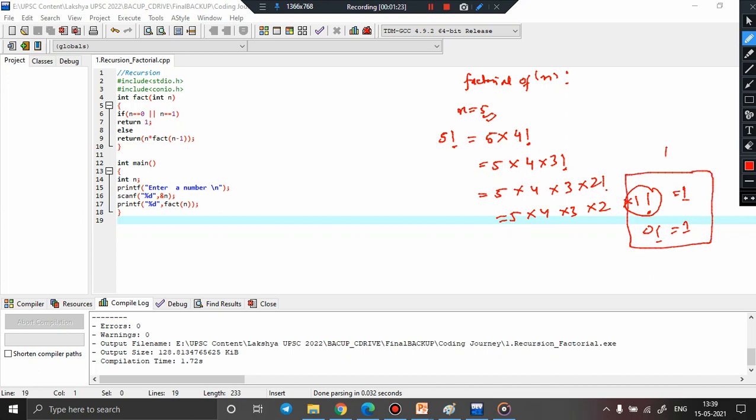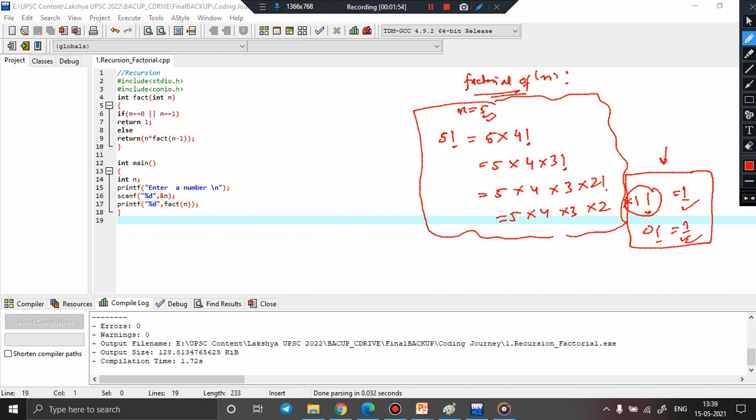This will help to prevent the stack overflow, because at this point we want our problem to converge, right? So that particular condition is the base condition. So how do we code this entire scenario, right? We have to define a function factorial that will compute the factorial of a number, and at the same time we are going to use recursion for this, and since we are going to use recursion, it becomes imperative to define a base condition. So the base condition for this particular problem will be 1 factorial will be 1 and 0 factorial will be 1.